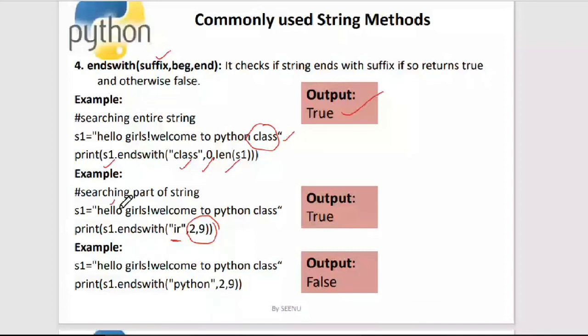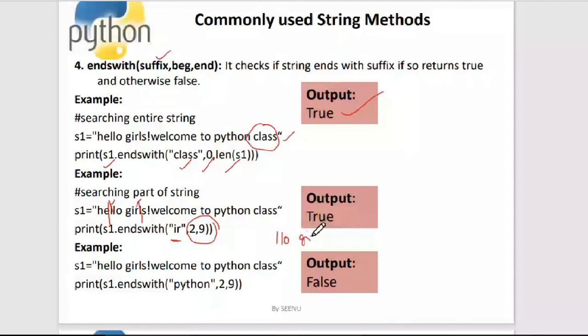So the string that I want to search is from this part till this part. So the string I am searching is "llo gir". This is what I want to search because I gave the range to be from 2 to 9. Now I want to search whether "ir" is there at the end of the string.